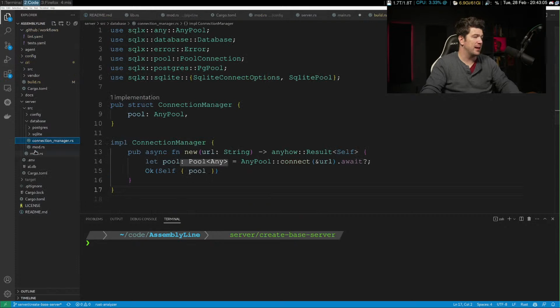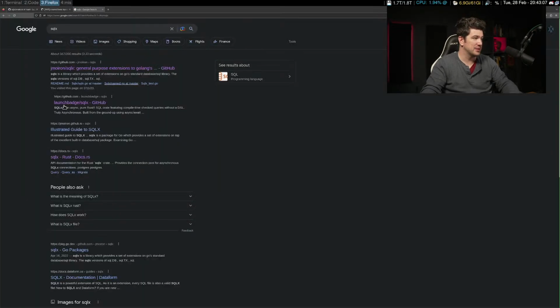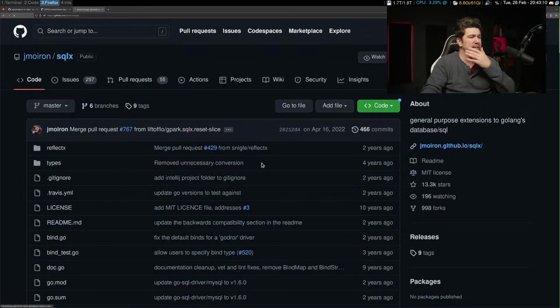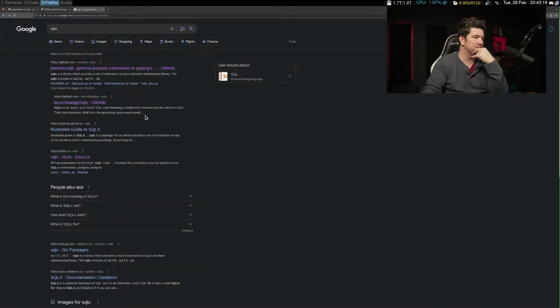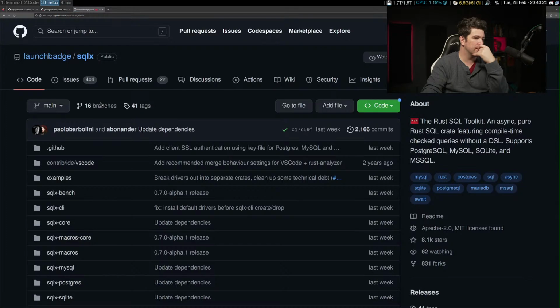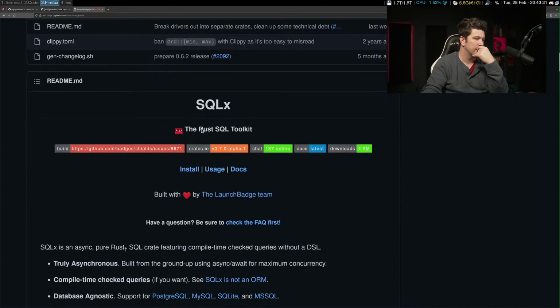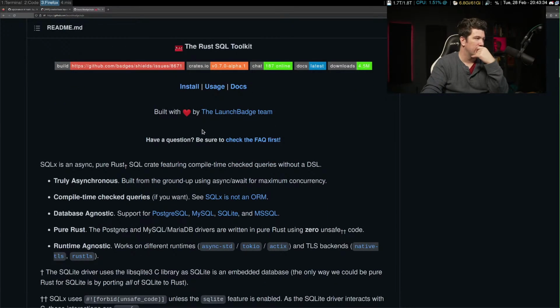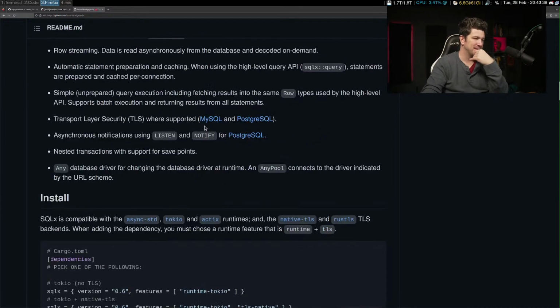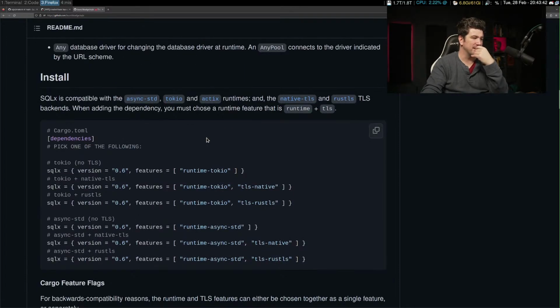So over here, I used SQLX, which is this project right here. And this looks really nice, but it has a few oddities in it, which is a little weird to me.